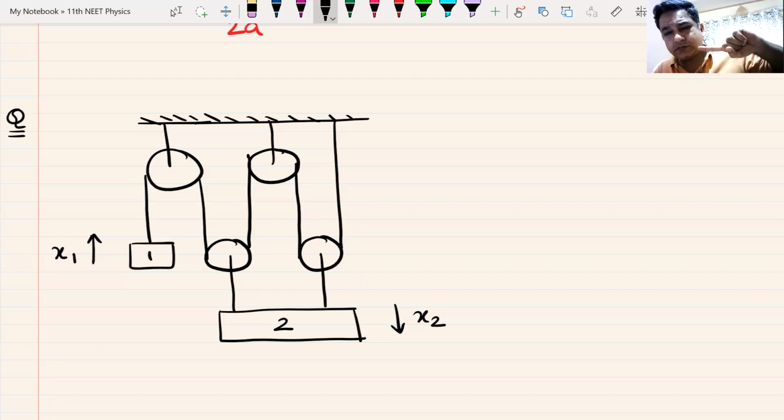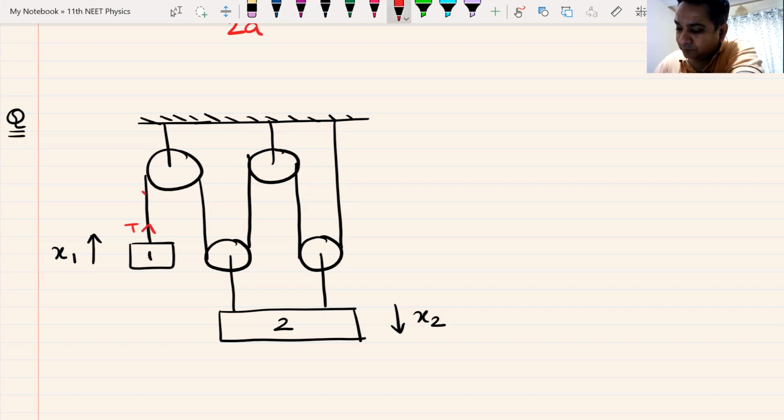First thing, draw a sketch. Sketch is there. Second thing, isolate the bodies. Bodies are isolated. Third thing, draw the free body diagrams. So we start with the tension. T, T, T, T, T, T, T, 2T, 2T. Let me start with T. T, T, T, 2T, 2T,